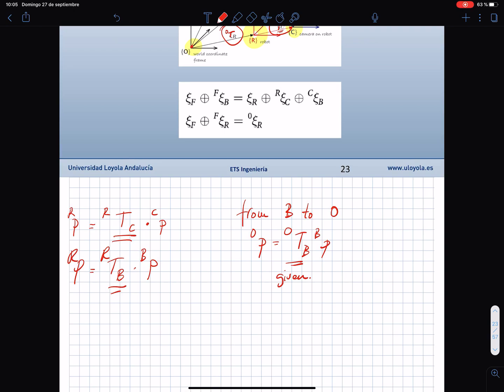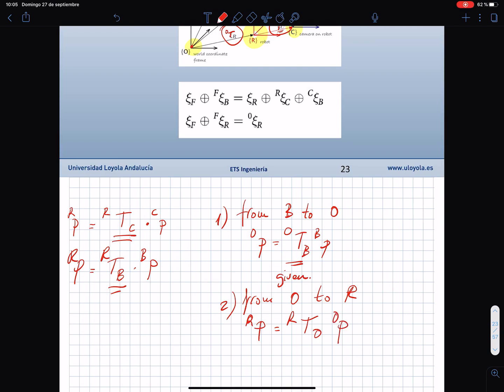Now, this is the first step. Second step, how do we transform from 0 to R? From 0 to R, we would have PR equals some transformation matrix RT0